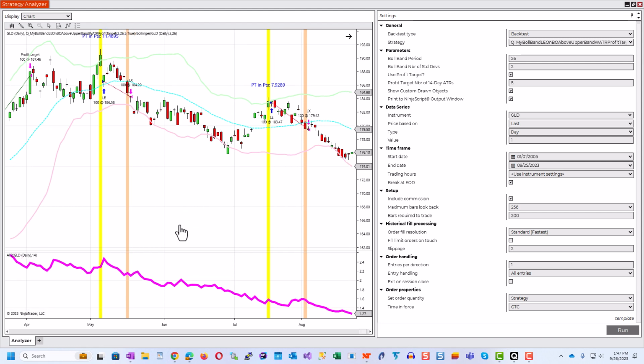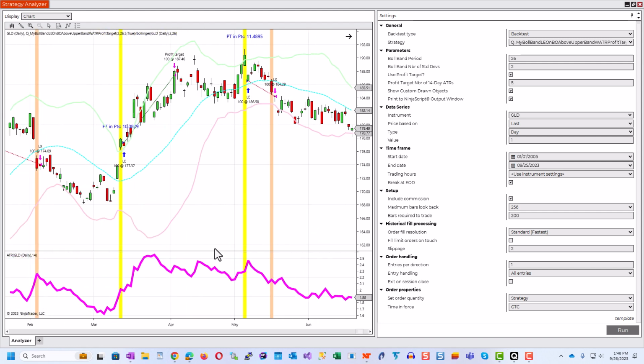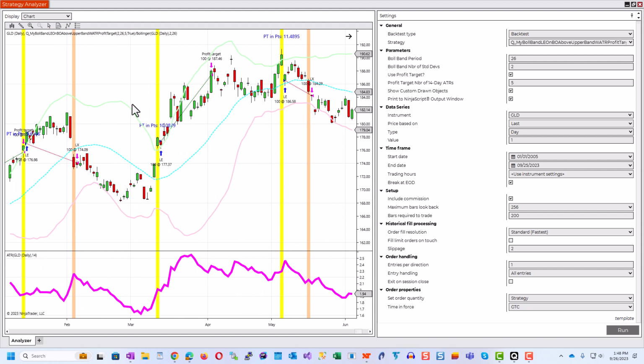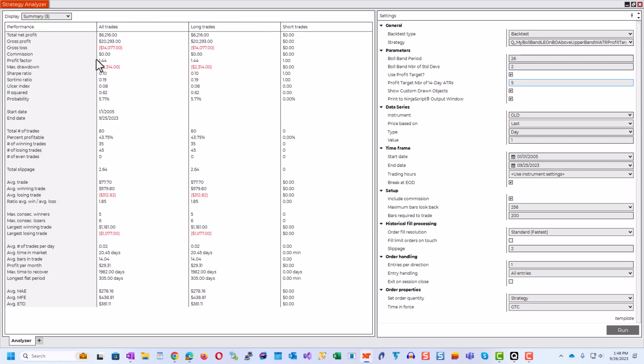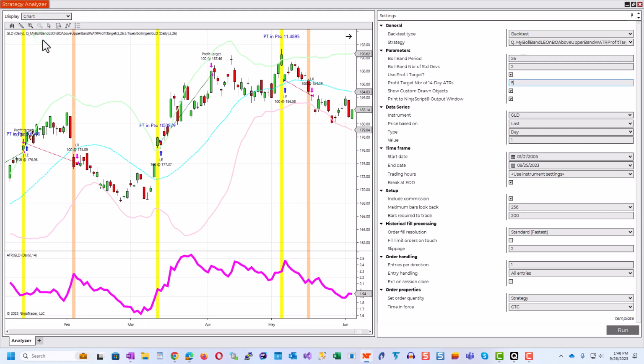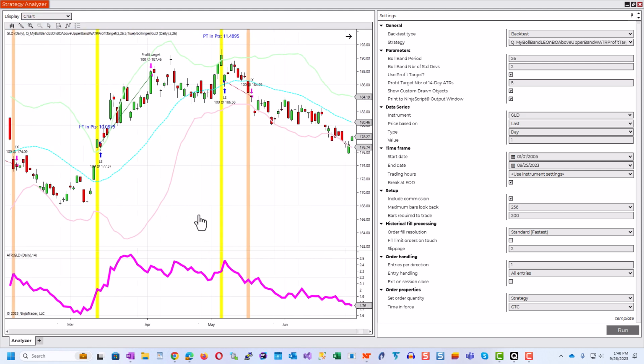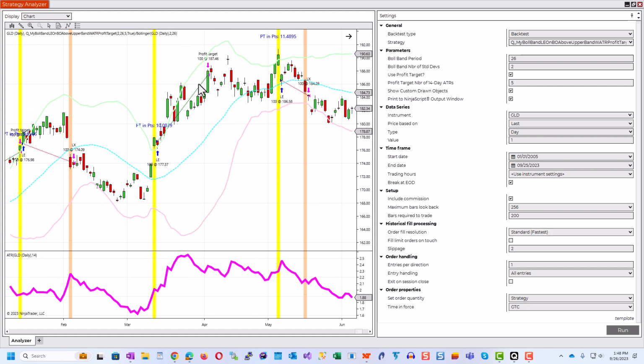So let's run a quick backtest where we actually turn off profit target in points. So here we have a profit target in points. And let's go back to our summary. We had a profit factor of 1.44 with the profit targets. Let's remember that. And let's remember that the third trade from the last was a profit target. You're going to see now that when you uncheck the use profit target checkbox in NinjaTrader and then rerun the backtest,